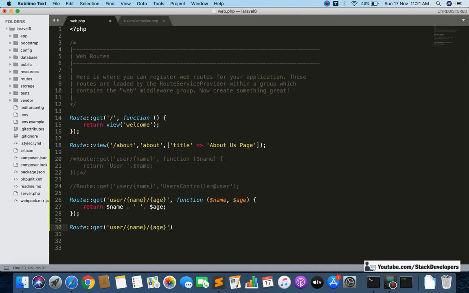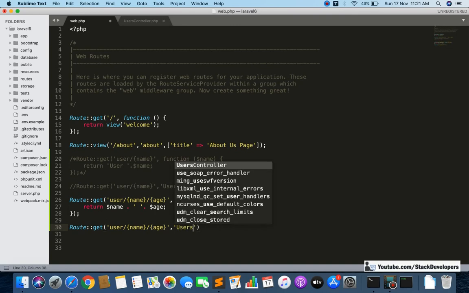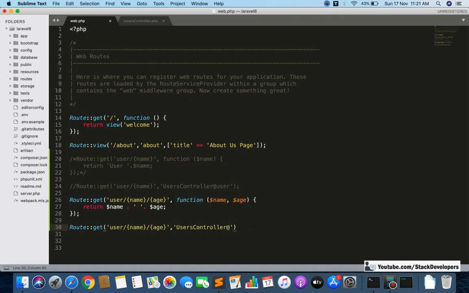Okay, and after that you can create their user controller at the rate of user. Okay, same thing like we have done earlier. I am going to comment this one, and this I commented for the first attempt. Okay, fine. Okay, now see, name, age, and user controller user. Okay, so